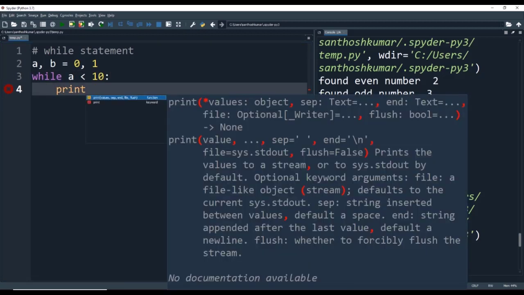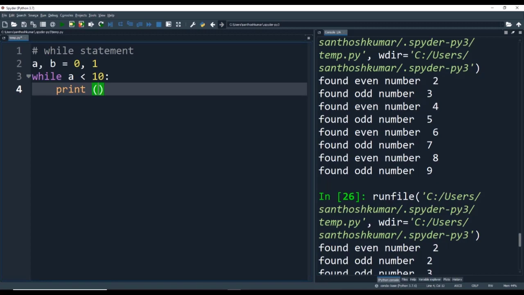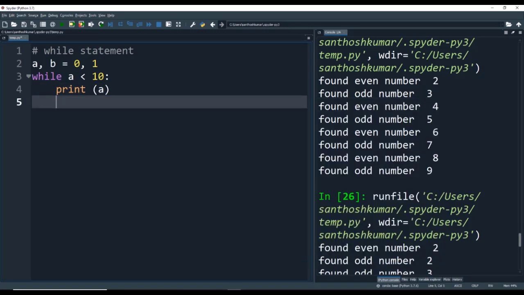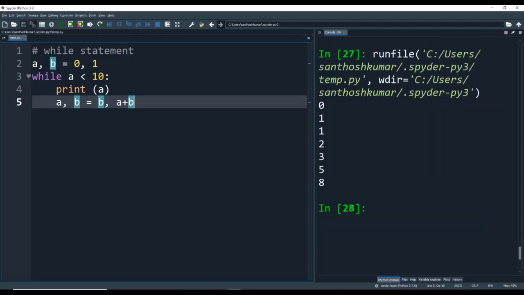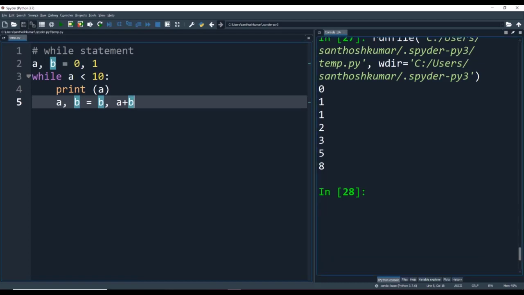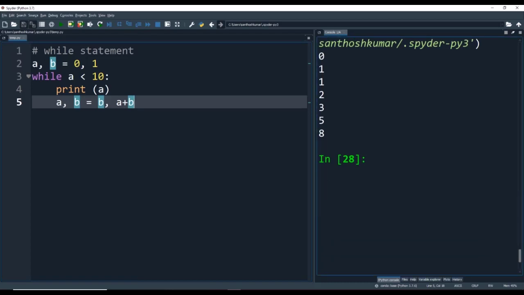In the while loop, I have two lines, one to print the value of a, and another line, a comma b equal to b comma a plus b, wherein a is assigned the value of b and b is assigned the value a plus b. When I run this code, you can see the values of a getting displayed: 0, 1, 1, 2, 3, 5 and 8, which is basically a Fibonacci series until 10.